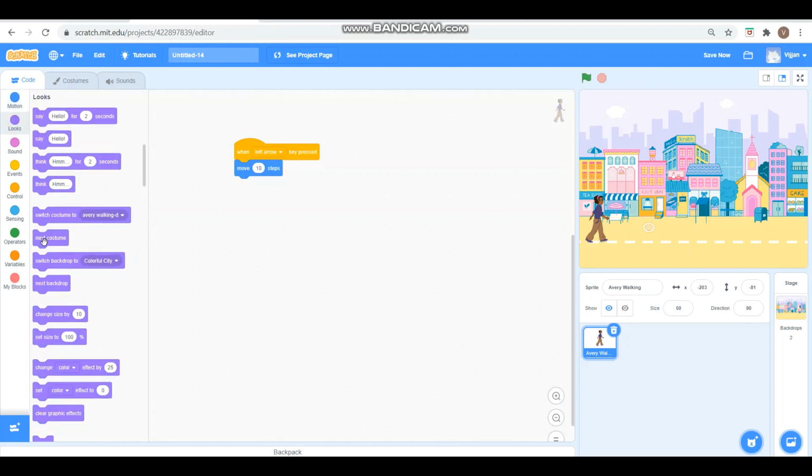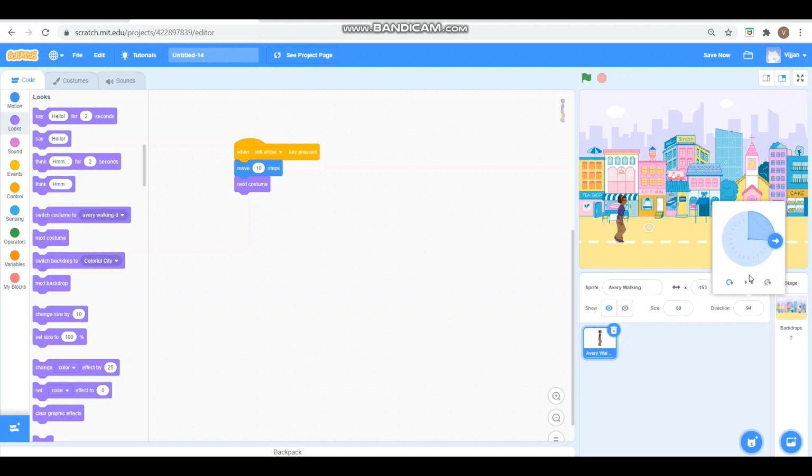And we'll change to the next costume to get a walking effect. So now let's see whether it is working. It's working, but she is not pointing towards the left side. Actually, she should face towards this side and walk, right? So for that, you can see a direction over here. Now this is on this one. That means it will rotate. If you change this, the sprite will rotate.